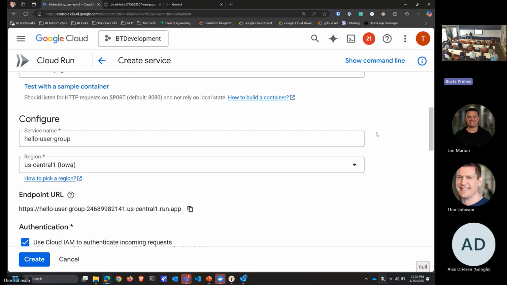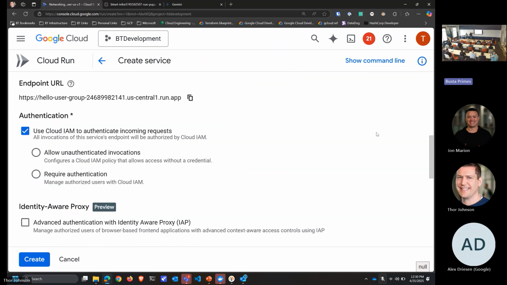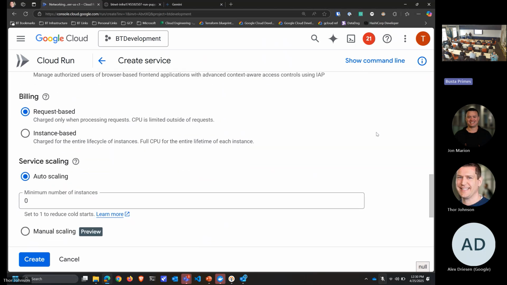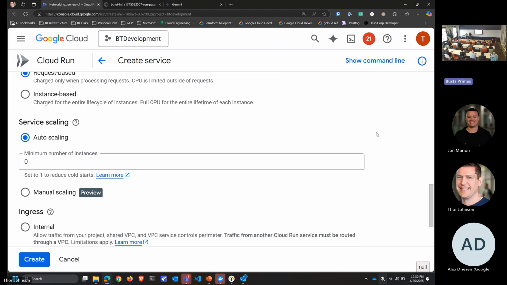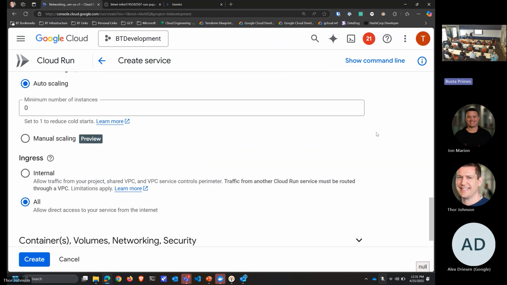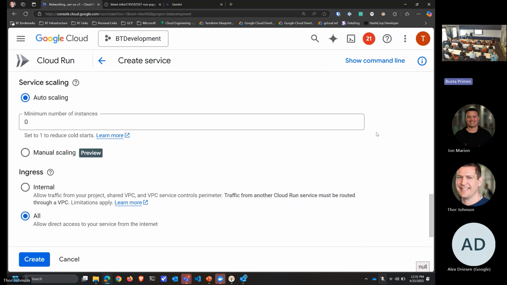One of the most important things, scroll down to the networking piece. Oh, let's talk here, auto scaling. So how many instances do you want, minimum or maximum? So you can set your thresholds. And so it will do auto scaling. One thing that I think is a gotcha for a lot of people in the regular Cloud Run is your auto scaling is based on CPU.